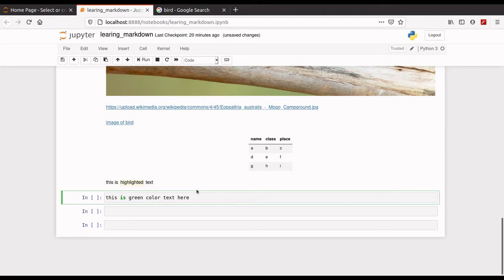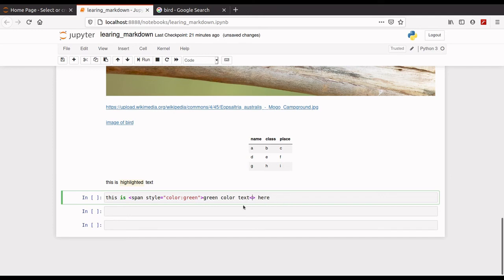To color a text, you just need to use a span, a style, color, and I want it in green color, so I will write green, and this is the text.